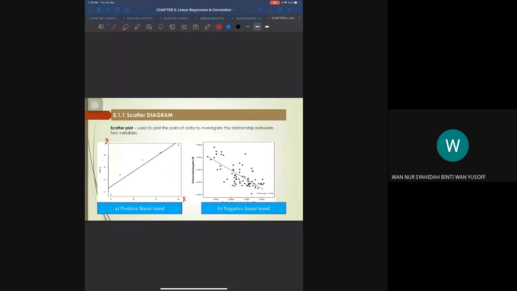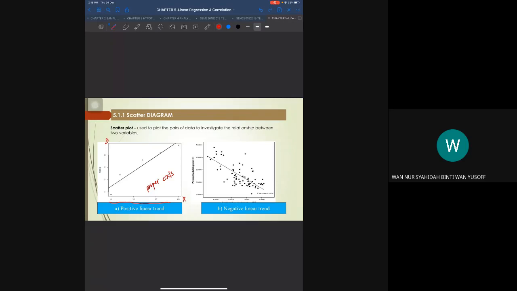So the axis must be proper axis. When you construct this scatter plot or scatter diagram, there is no need to use graph paper, just plain paper, but the axis must be proper based on the data. Similar to what we do for the box plot, it must be on a proper axis. So the scatter plot is